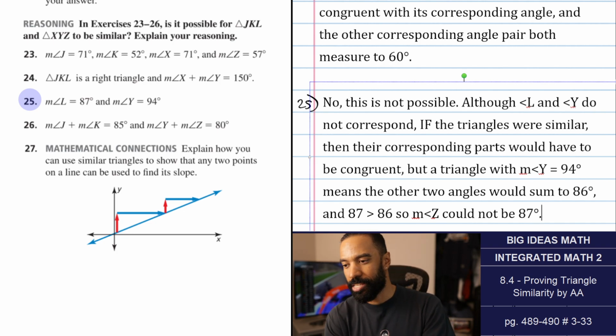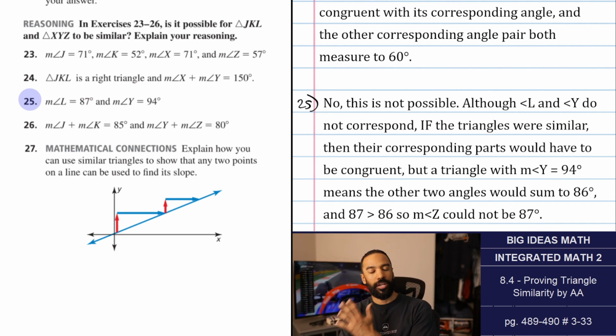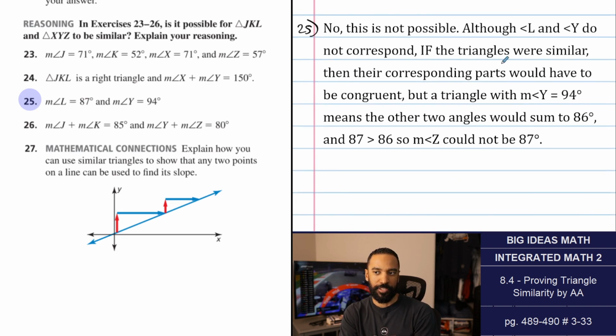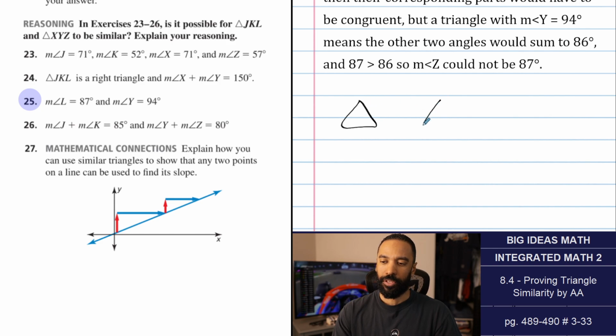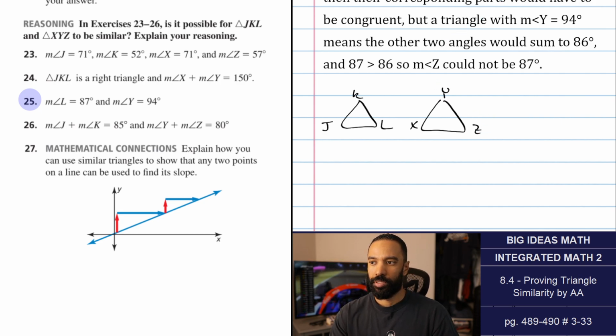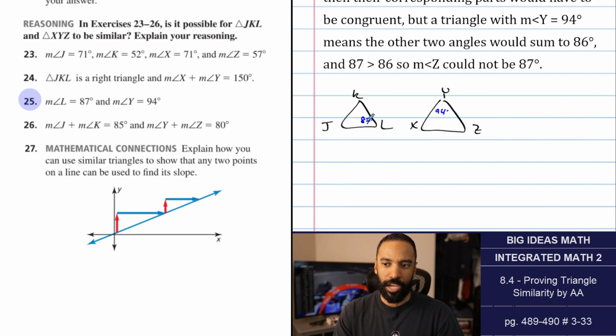The best it could be is anything just less than 86 degrees. So I don't know if I explained that perfectly, but it's basically this. I'll kind of draw it out. It doesn't matter what they look like, so whatever. JKL, XYZ. So Y, if Y is 94 degrees and L is 87 degrees, you're saying, okay, if L is 87,